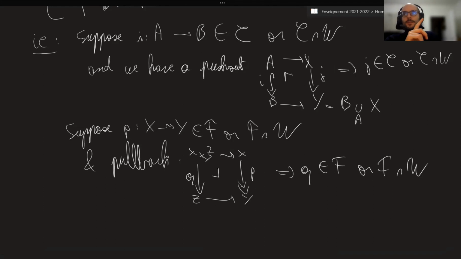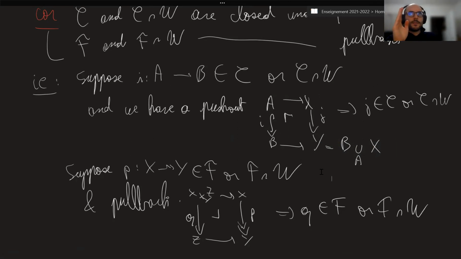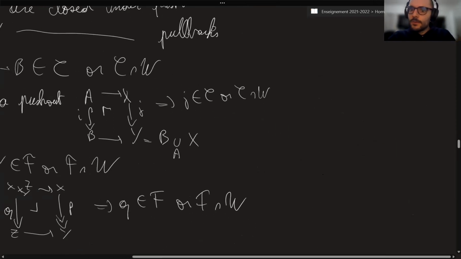So be very careful about what I said last. Weak equivalences in general are not closed under push-outs or pullbacks. If you have a weak equivalence here and you push it forward, it may not be a weak equivalence. It's only if it's a cofibration which is a weak equivalence that you get a cofibration which is a weak equivalence, and therefore a weak equivalence. There are trivial counterexamples